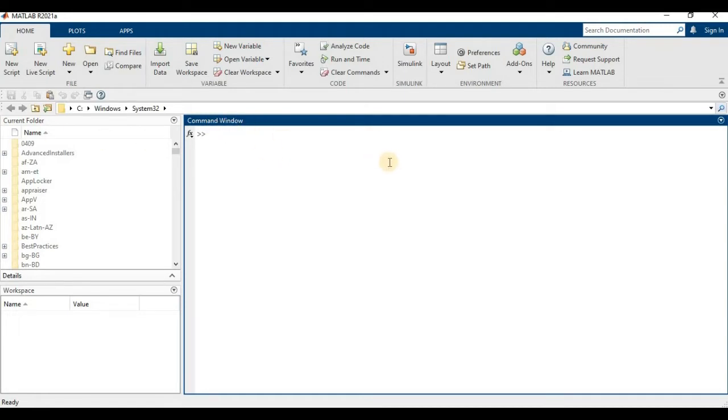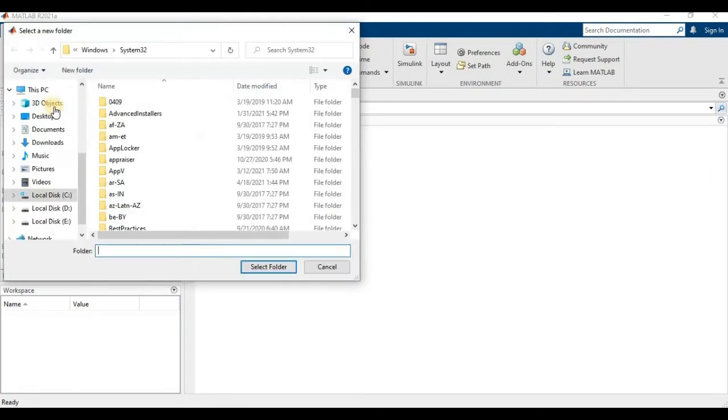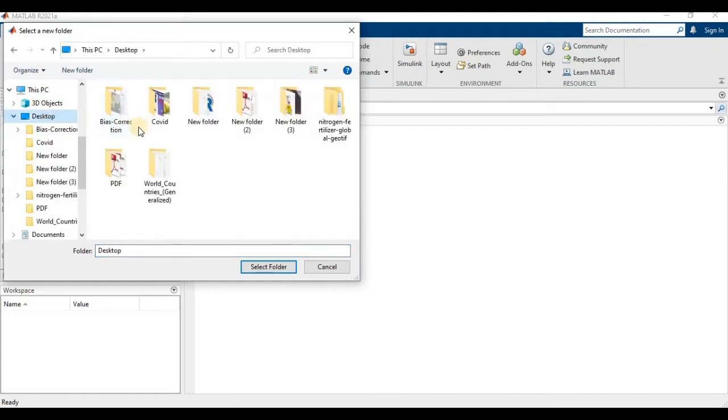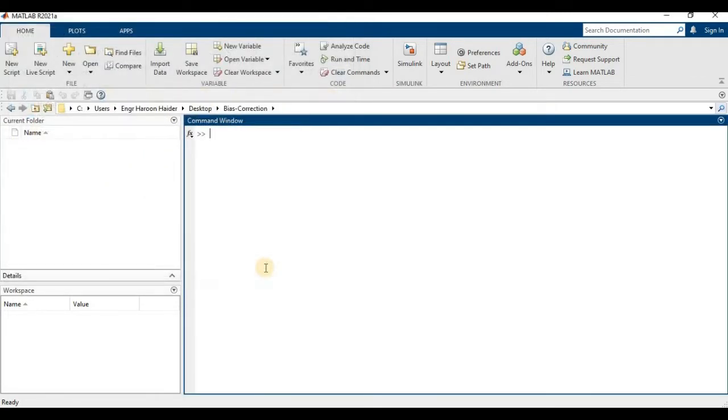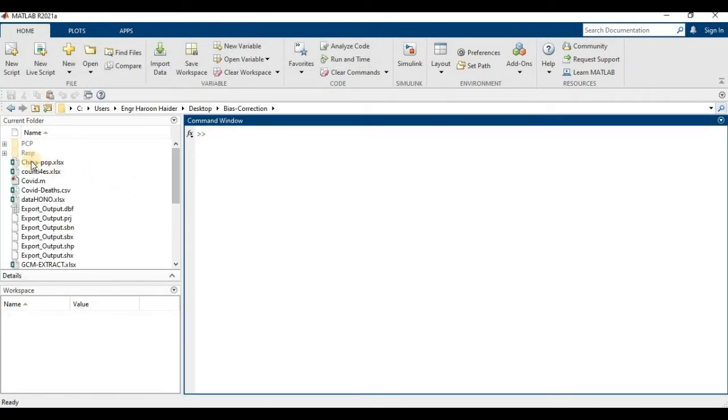So this is our main MATLAB window. First of all we will locate the folder where our data set is located. My data is located on the desktop, in the enterprise collection software folder. So I will click on my working folder. You can see the China population Excel file, and similarly COVID deaths is also located here, and other data is also here. So today in this video we will plot COVID related deaths